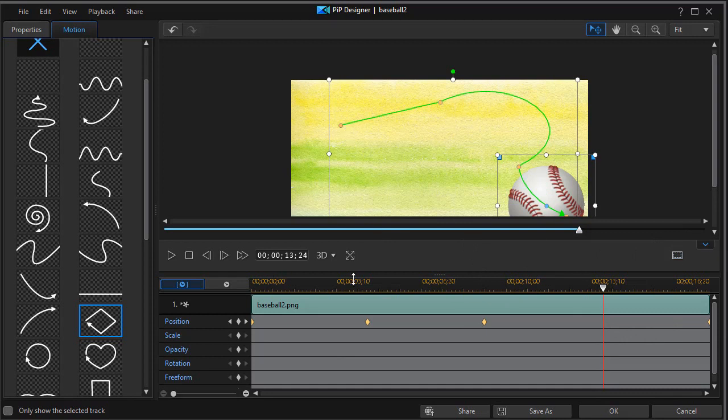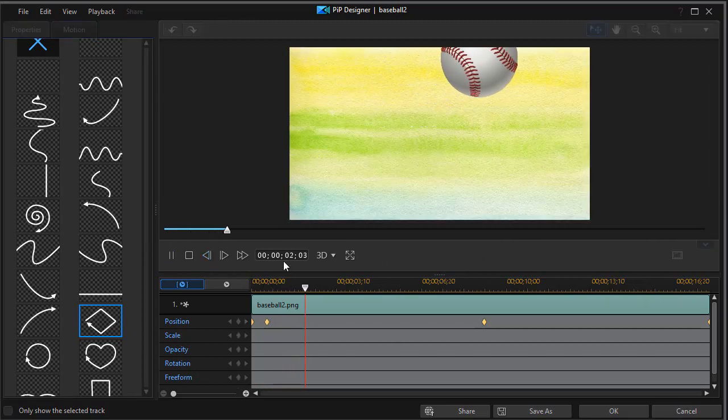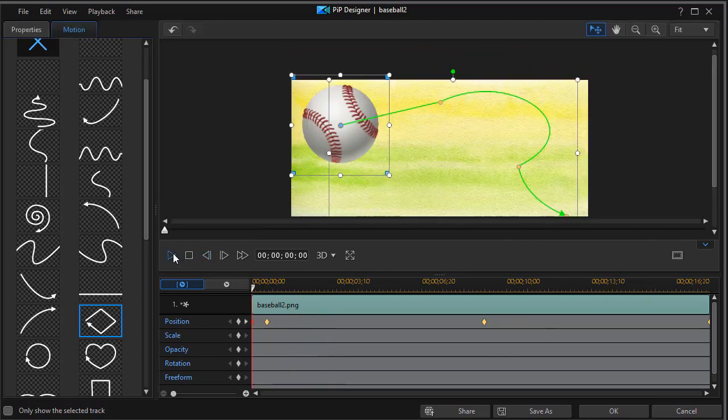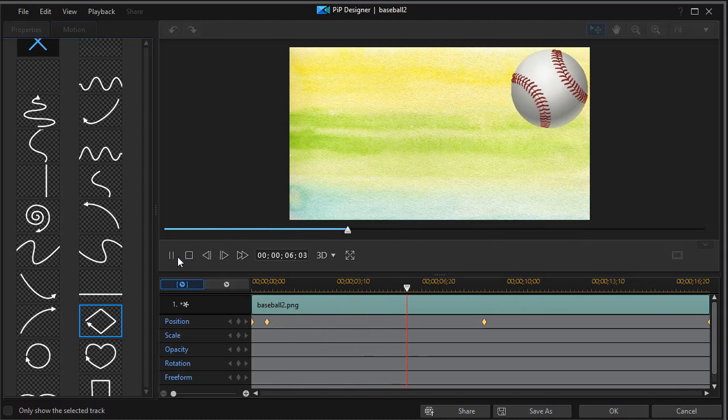The other thing I can do if I want to change the speed of motion is I can take any of these keyframes. I'm on the second one now, and if I move it back, it will move closer from point A to point B than it did before. Let's tighten it up quite a bit so you can see the difference. We'll go ahead and preview this. We should start at the beginning. And there it moved really fast because the keyframes were close together, but it still follows the same trajectory we